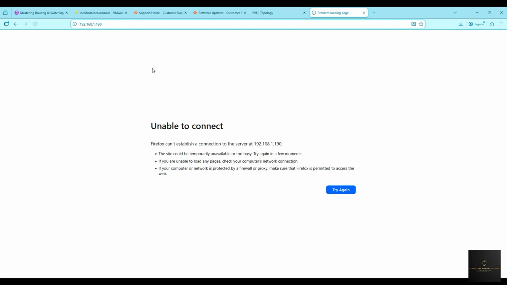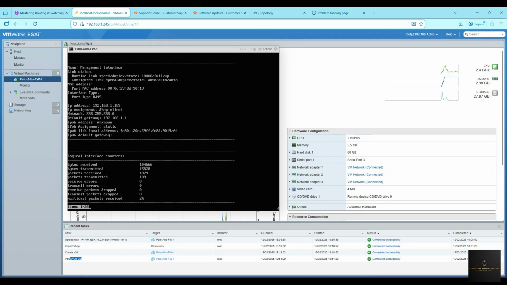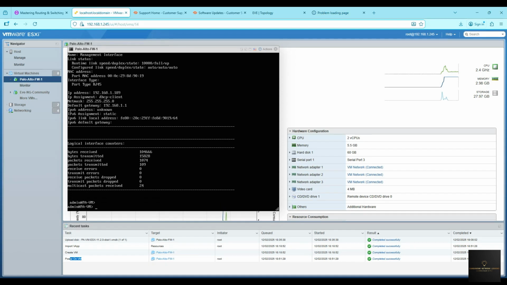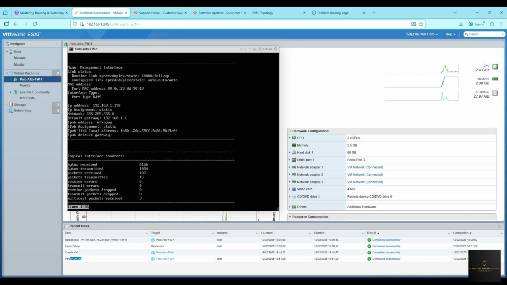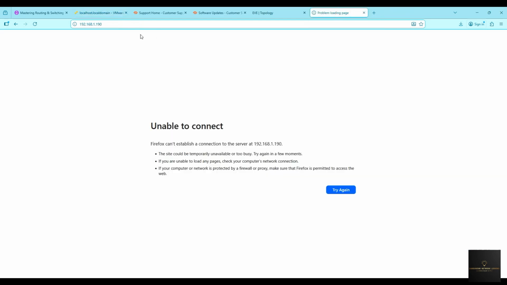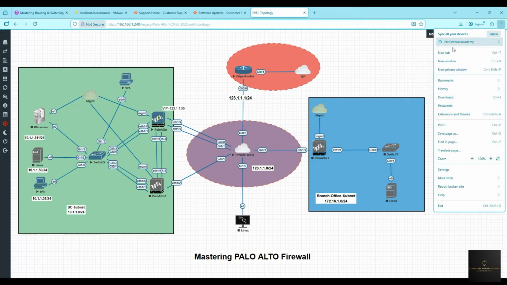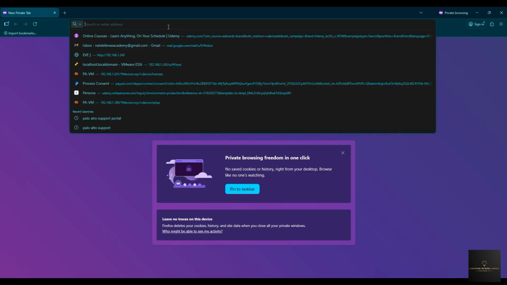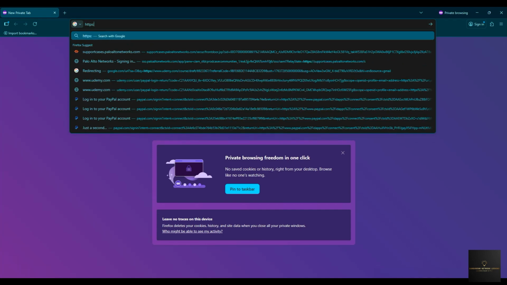I don't think I have anything else, because if you go here on the CLI and say show interface management, you should see that you have the 190 IP address attached to it, right? So this is how you change the IP. Maybe I have some other device which has the 192.168.1 address, or else I can go and open a private window and type this